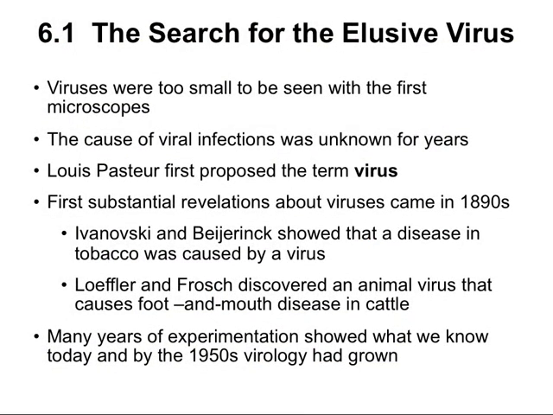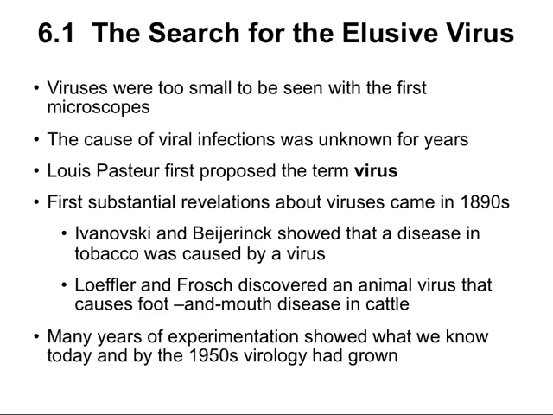The techniques that we use for viewing and cultivating other microbes, such as the protists and the bacteria, are useless for viruses because they're much smaller than could be seen with the first microscopes. Now we have some very powerful microscopes that allow us to see them a little more clearly. Smallpox and polio were examples of diseases that were known to pass from person to person, but for years the cause was really unknown. It wasn't until the 1890s that we got any insight at all.